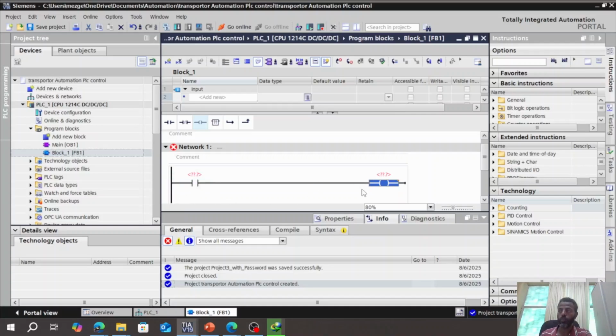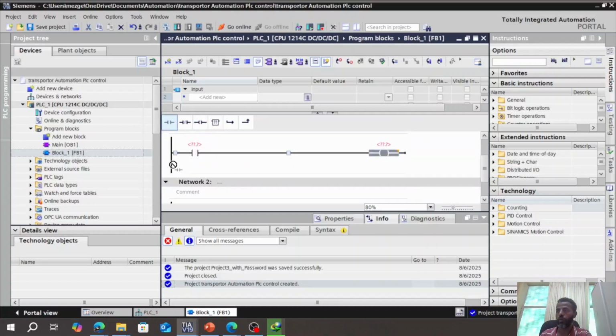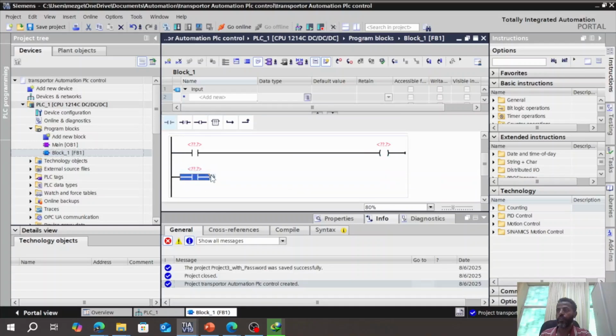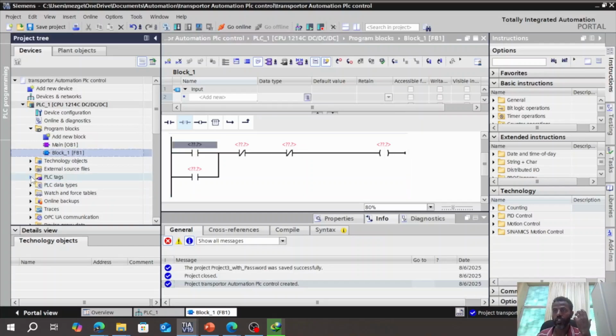It has to, then here we can add one more. Then we need to make it here. Then here, after that, we also need to have the normally closed push button and the sensor. Here it is. Then we need to add the tags, like for example, or we can just add the PLC